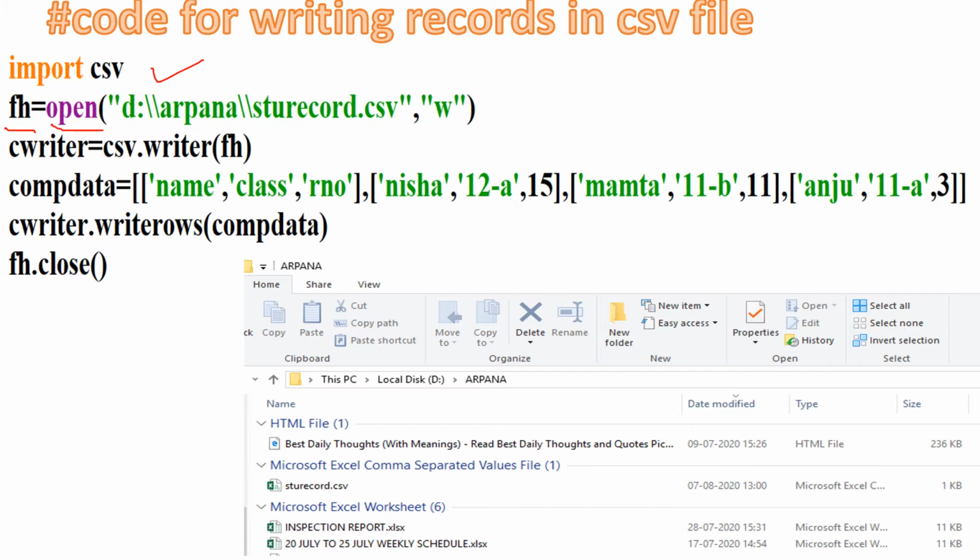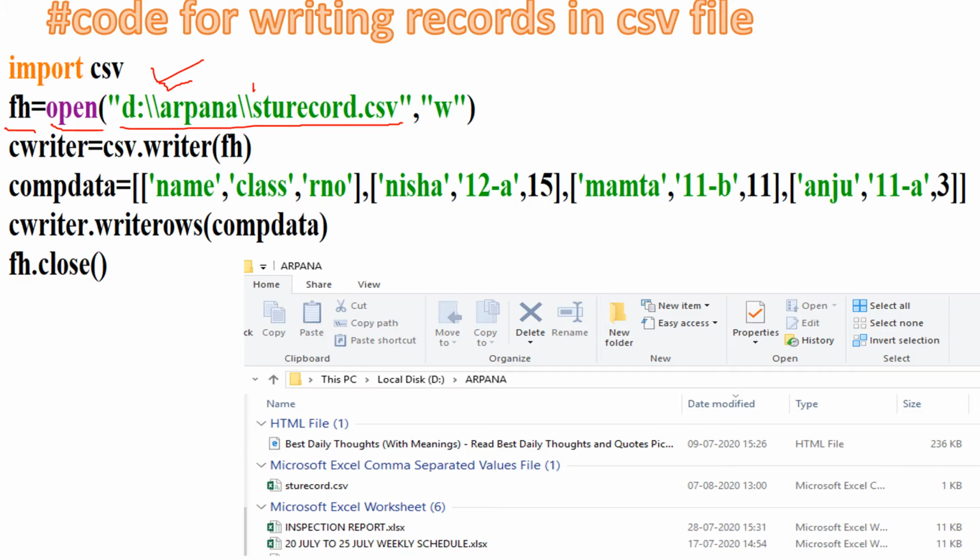You can select any file handle here. Open is the function name, and you have to mention the complete path where the CSV file is stored on your system. Here you have seen a double slash. Normally we use a single slash to separate the names of the folder, subfolders and the file name.